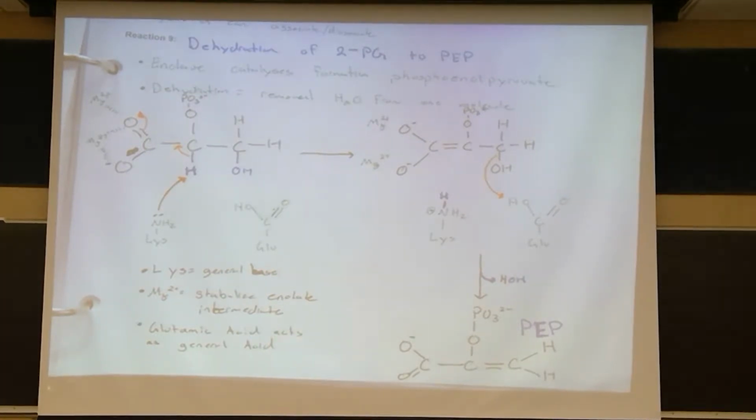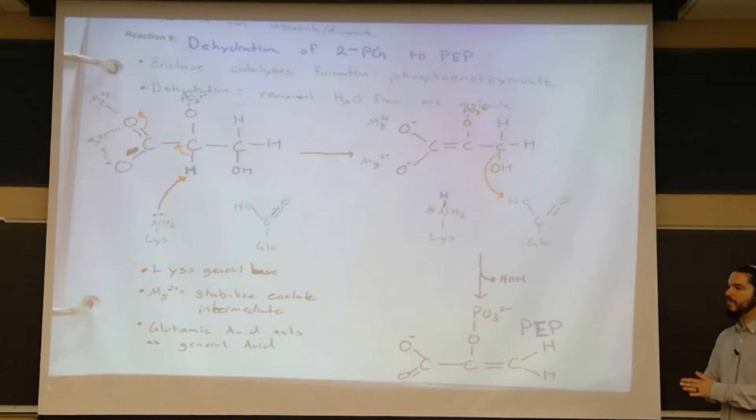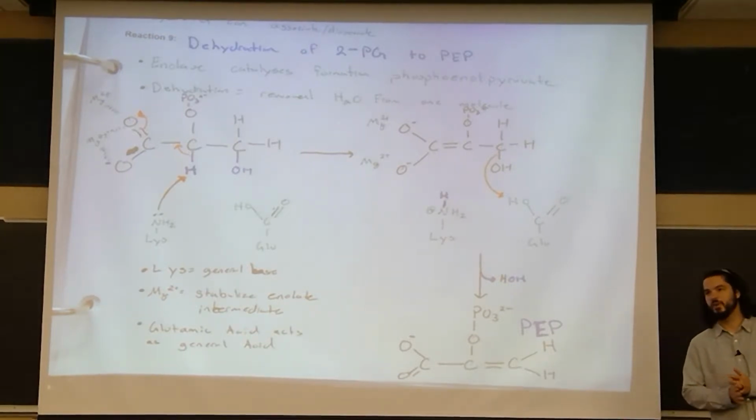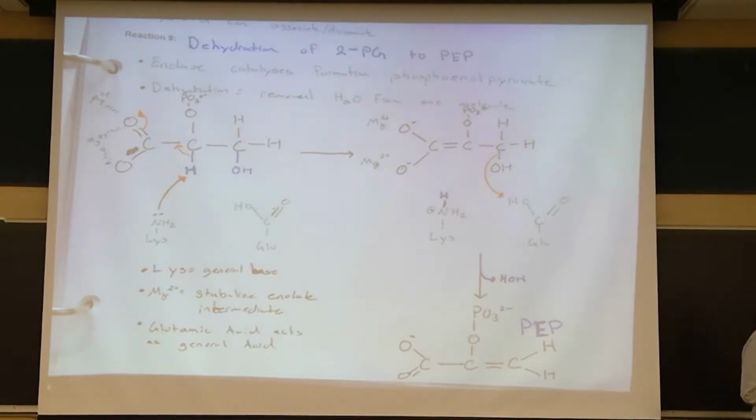The TCA cycle has 8 steps. Ooh, 8 steps, and it probably won't take us as long as it did to get through glycolysis. Hopefully we may finish up the TCA cycle, or we may not. Fine, Friday. We'll get close to the end of the TCA cycle on Friday. Anyway,